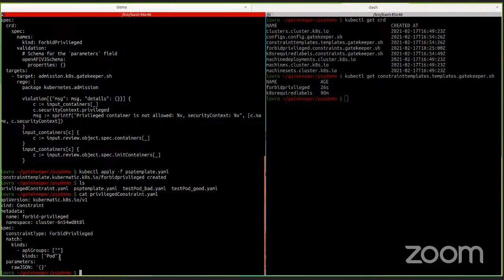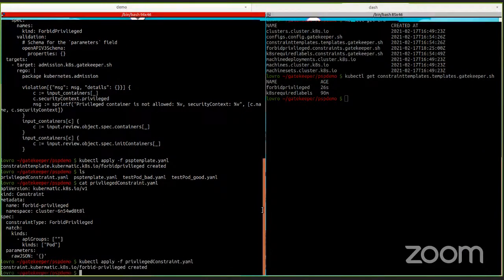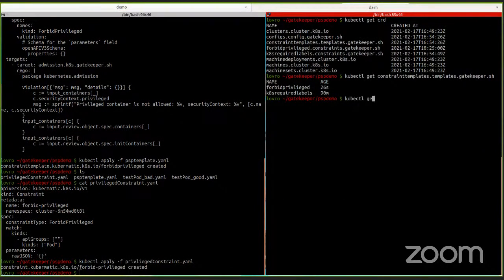So here just match pods, and it tells Gatekeeper that when it sees a pod, to run it through the rule and see if it violates the rule. Okay, and let's create it. Okay, it's created, and we can see that we now have a forbid privileged